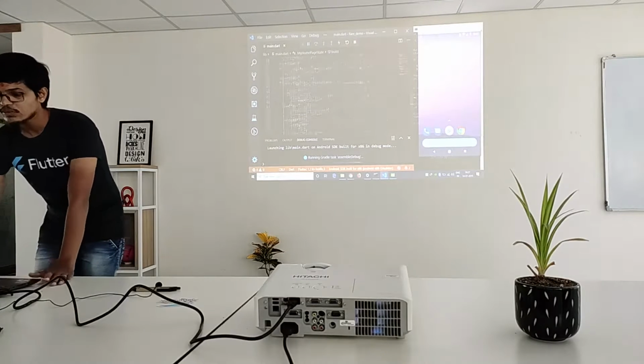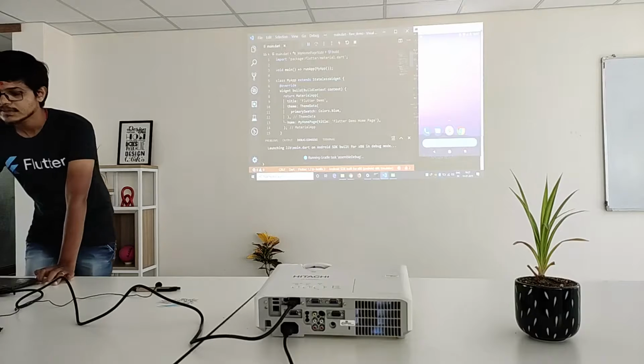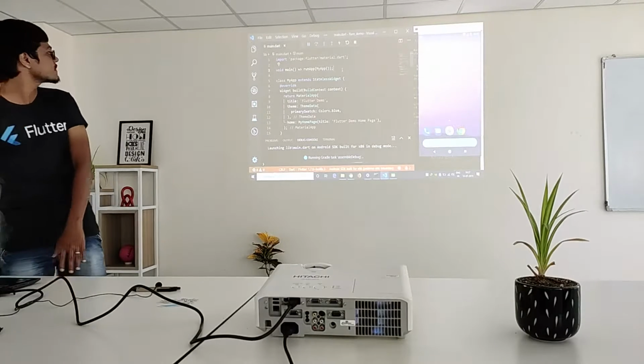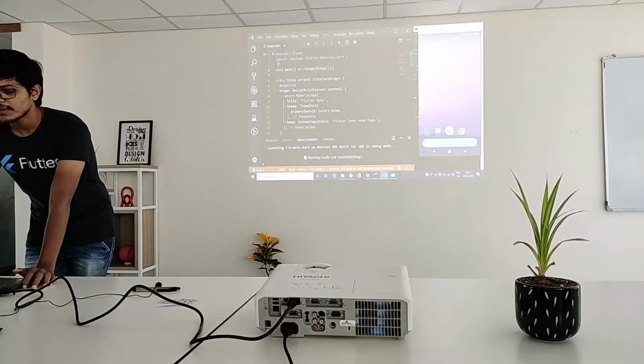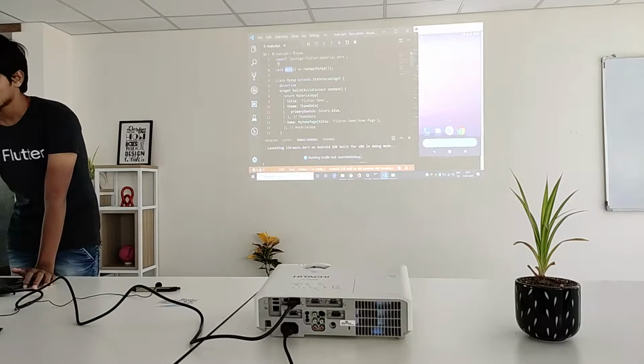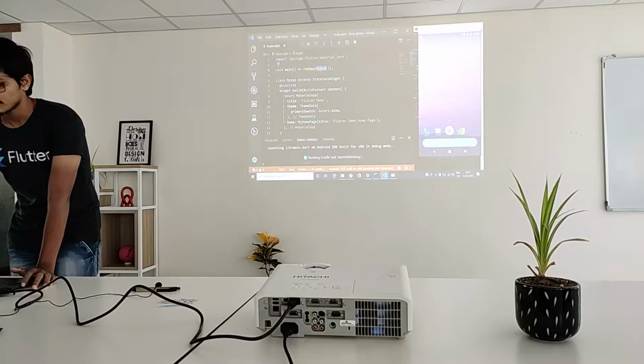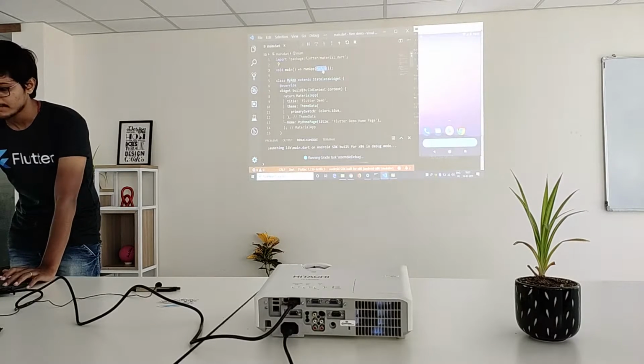So for the people who are not familiar with Flutter, in Flutter the initial line is void main, like C++. So it runs one class which is my app and